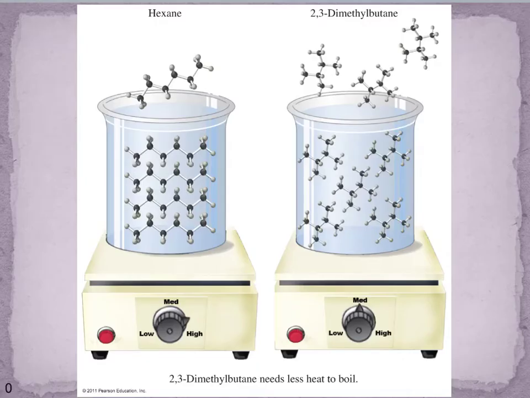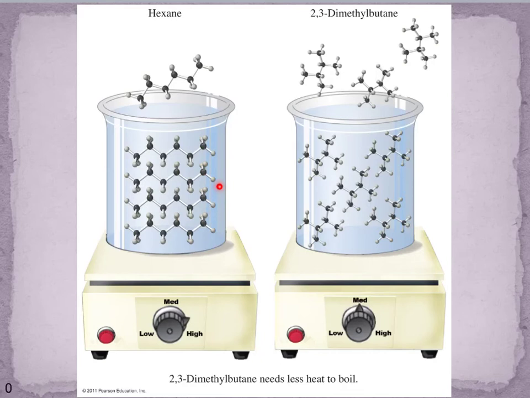So what happens when we deal with a branched compound? What we see is that the alkane here, the hexane molecule, is straight, and like we showed in the picture of the pentane and the octane before, we had lots of interactions along the chain of the molecule between these different molecules, lots of alignment, lots of points of interaction for them. When I go to something that is branched, so 2,3-dimethylbutane,